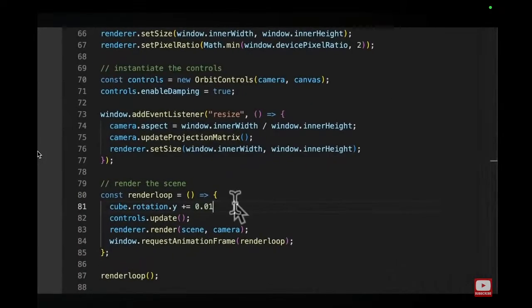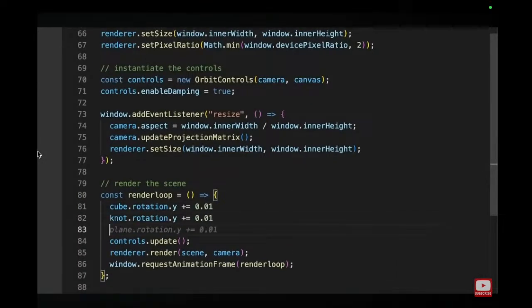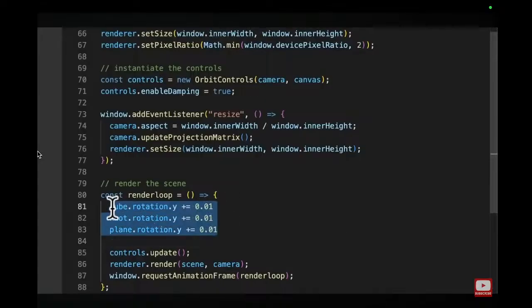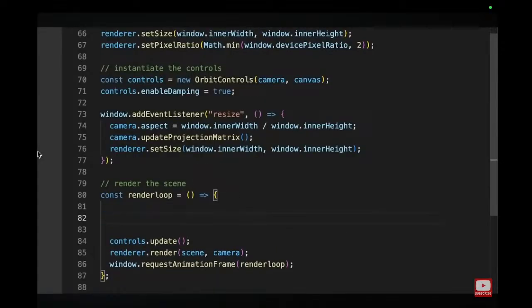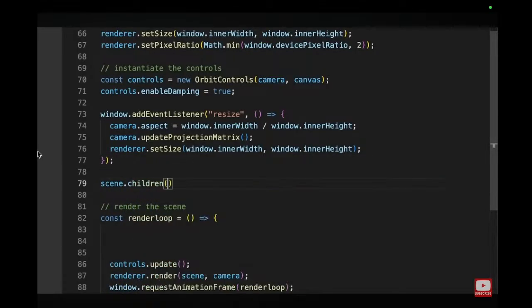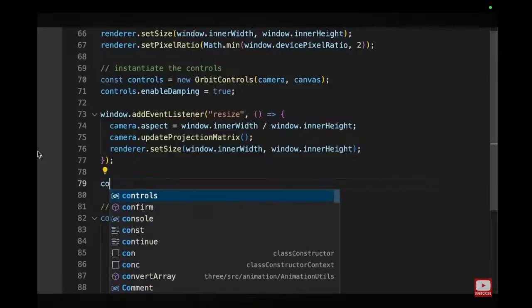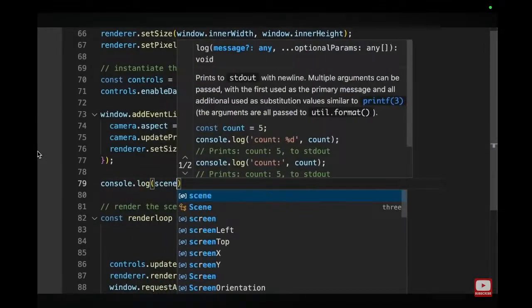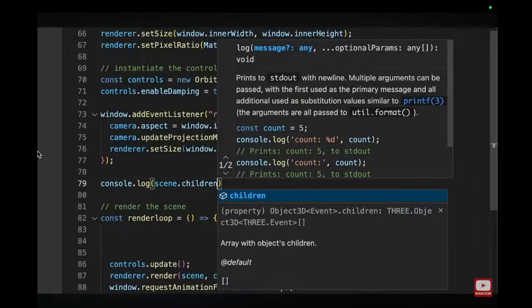Another way, instead of having to call it on the sphere and then the knot and the plane, let's say you had a lot of objects in the scene, is to actually access the scene.children property and then loop through all the meshes and make them spin within the render loop. The scene actually has a children property, just like any other object in Three.js. So if we call console.log scene.children,